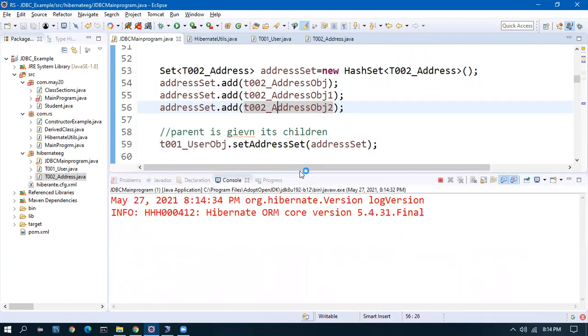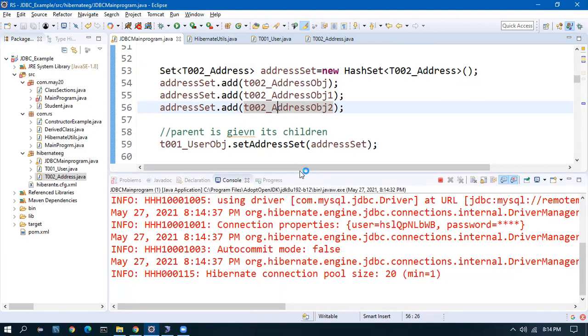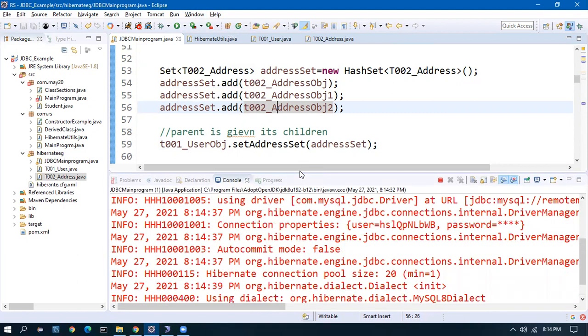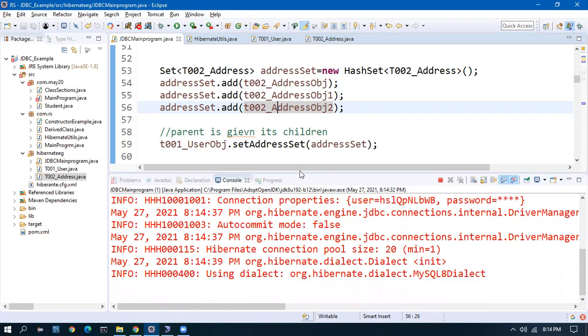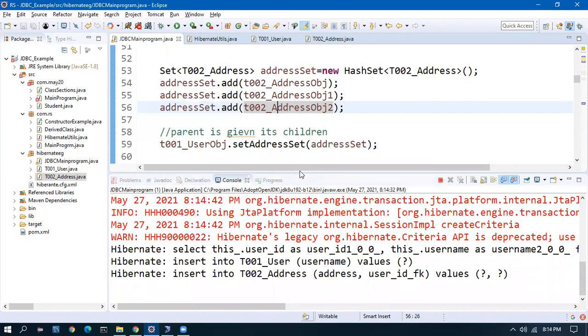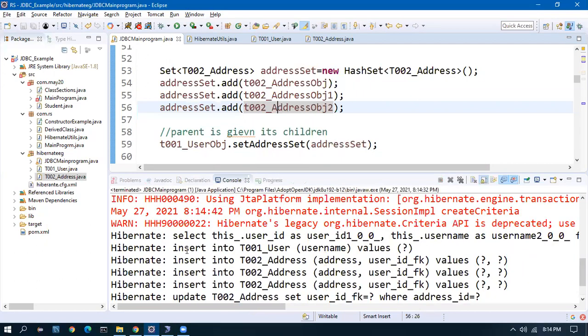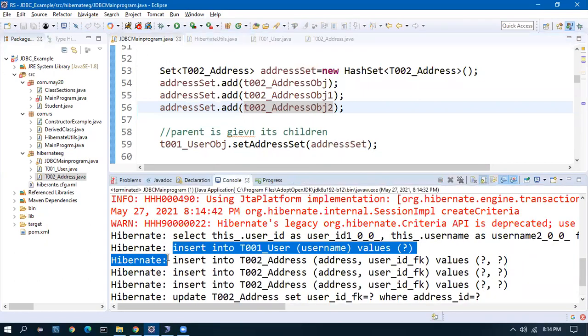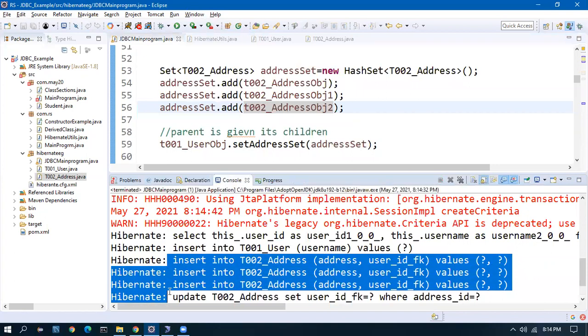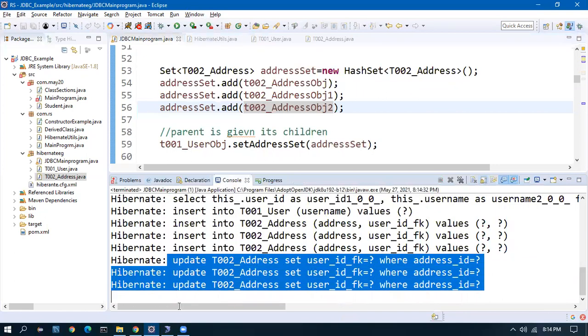And handling these manually will be very tough. The beautiful thing is if we have multiple tables, it would automatically handle everything. See, here it has beautifully done everything. 3 inserts: first insert in the user, then 3 inserts into the address, and 3 updates.